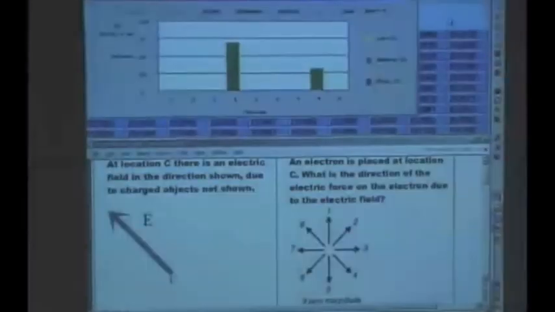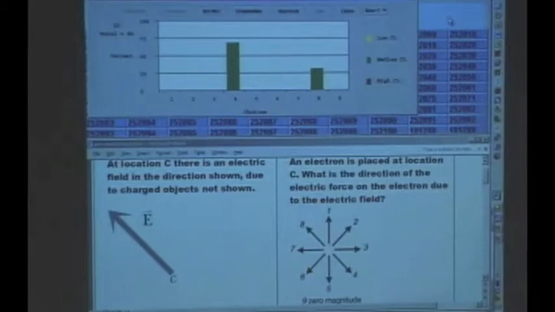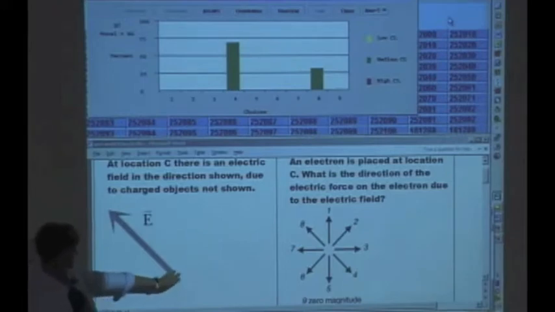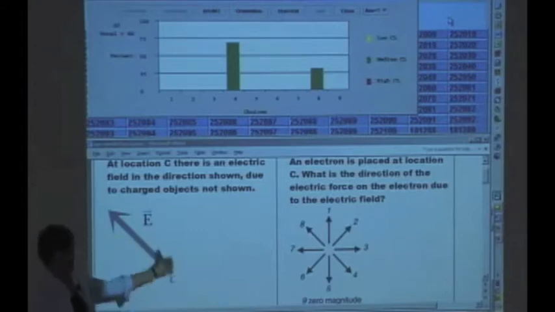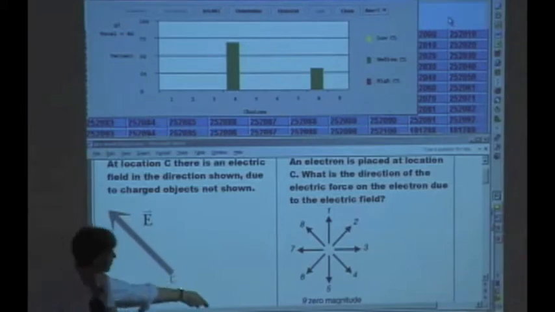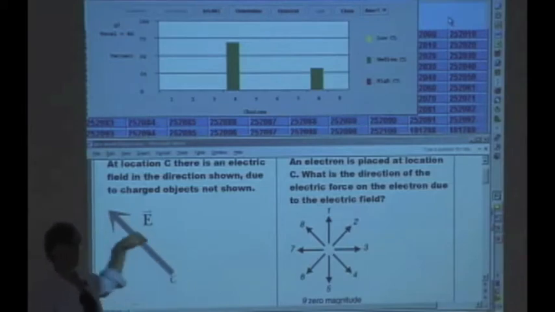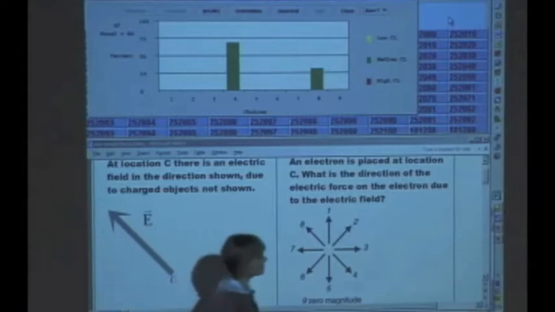Okay, there seem to be two popular answers, either 4 or 8. Okay, the electric field, so let's think about what 4 and 8 mean. 4 is a force pointing that way, and 8 is a force pointing that way, right? So everybody believed that the force is going to be in one of those directions, but how do we determine which? Well, remember that we have this equation